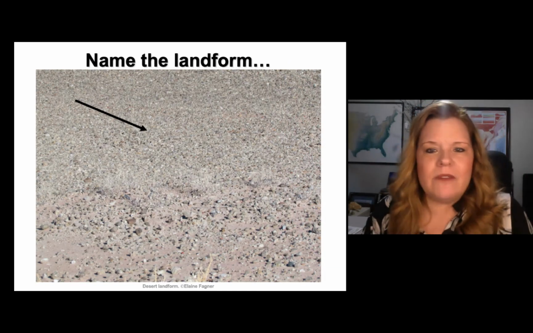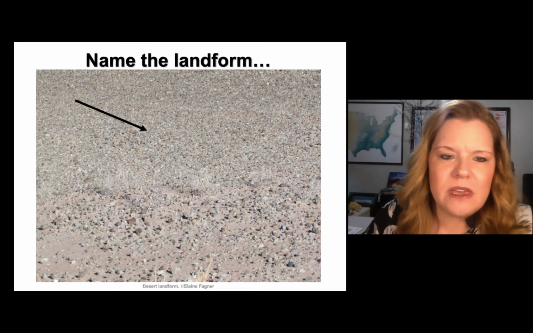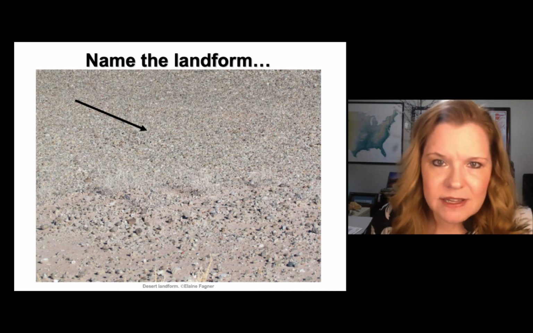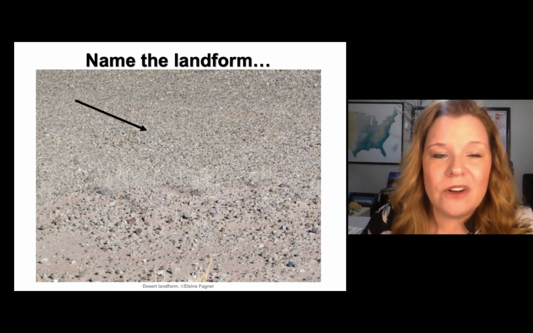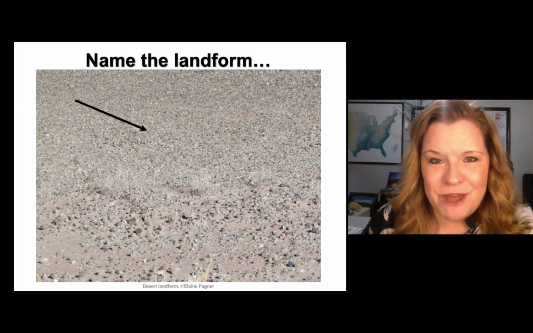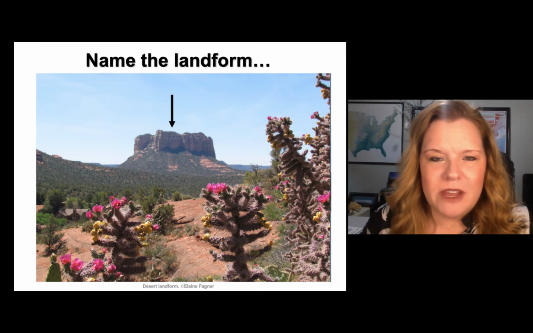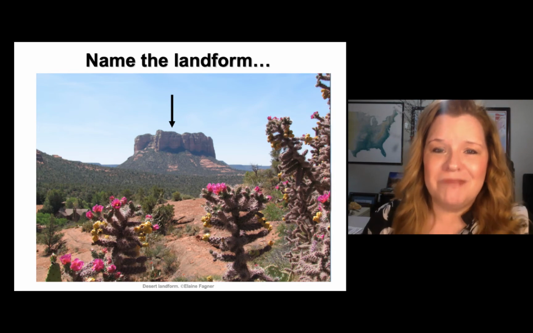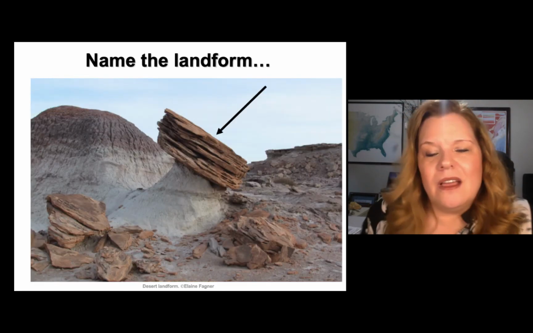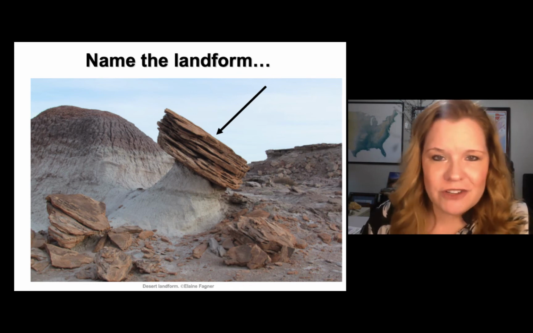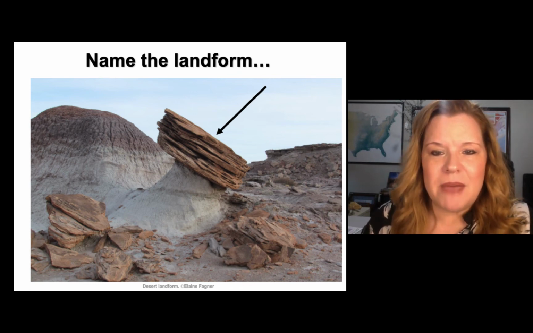See if you can name the landform. This is where the rocks become bigger in the desert floor, preventing infiltration of water, also contributing to flash flooding. And if you guessed desert pavement, that was correct. Look at the desert formation. This is in Sedona. And what is it? It has a bumpy top. Is it a mesa or is it a butte? This is shaped by wind. What do we call the generic term for something that's been impacted by wind?